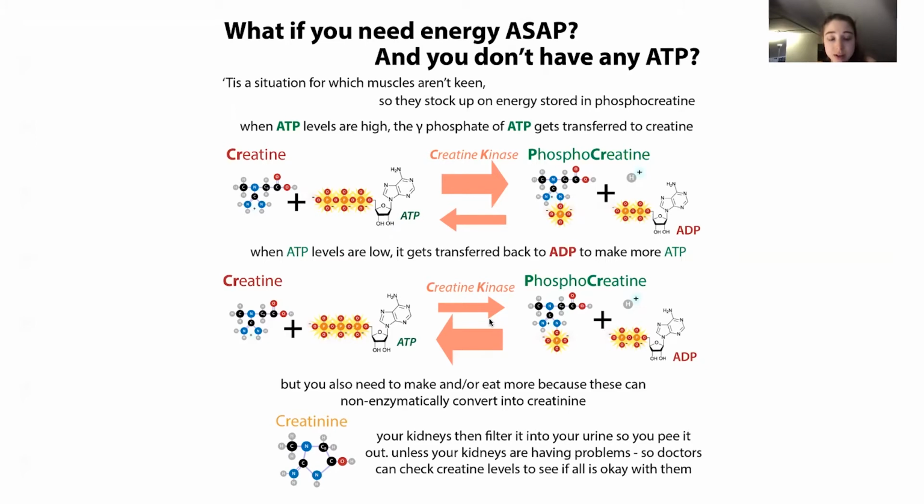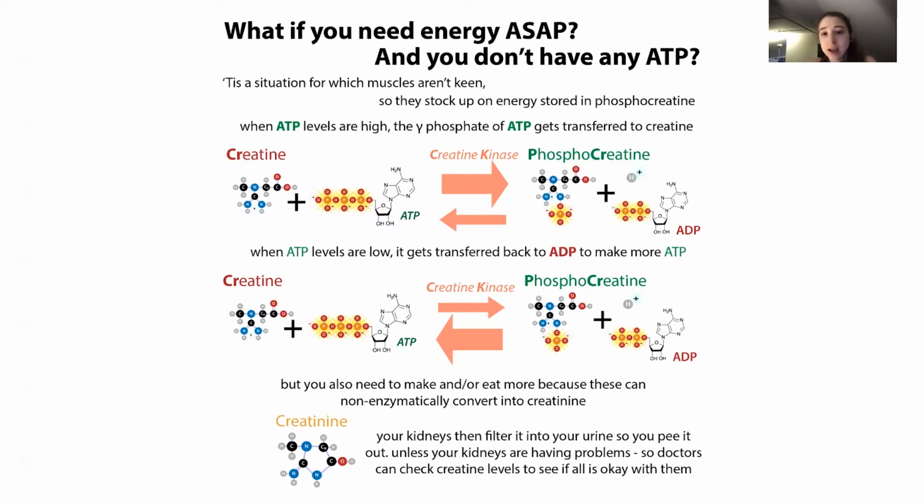So this transfer of the phosphate group is happening with the help of creatine kinase. So creatine kinase is an enzyme. This is being enzymatically mediated. So we talked about enzymes before. Remember how they're helping these reactions happen. But enzymes, basically, they're kind of like leading a horse to water. They're not making it drink. And so enzymes aren't actually making the molecules react. They're just making it much easier for the molecules to react.